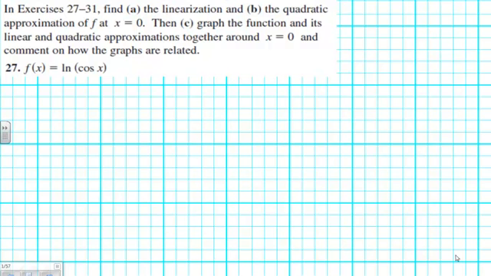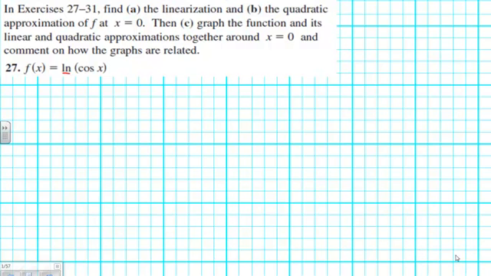Linearization is just a fancy way of saying that we're doing a Taylor polynomial of order 1. Meaning the highest power in x is going to be the first. It's going to look like a linear equation: a constant plus some multiple of x, which makes it look like a linear function. So, let's find the linearization of the